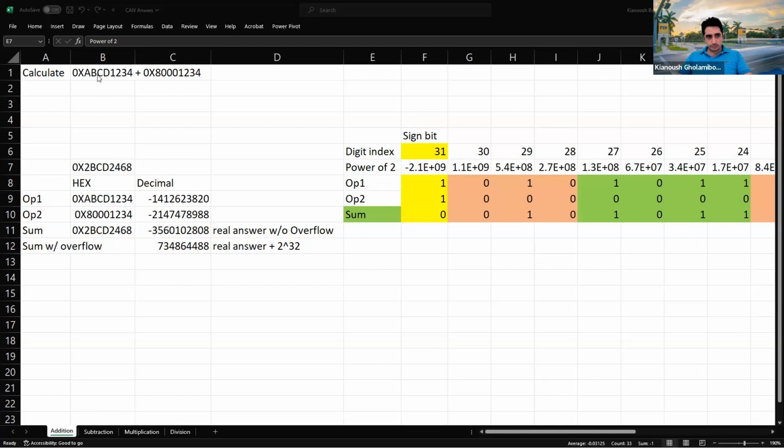The first example is this. Let's calculate the sum of these two integers. The first one is 0xABCD1234. Of course, this is hexadecimal. I'm going to show you the decimal value as well, but let's first look at it as a hexadecimal number plus